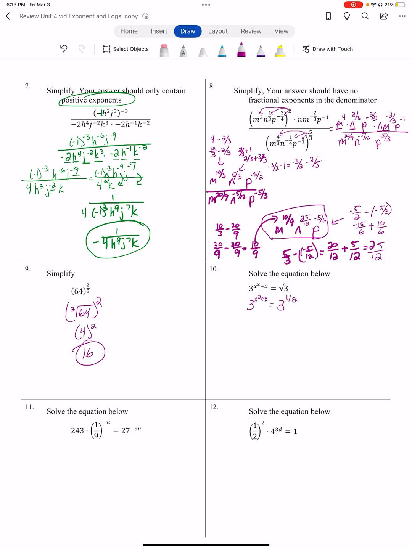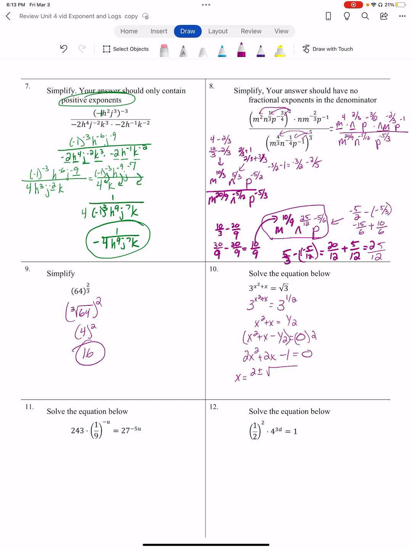Once I have the bases the same, I know x squared plus x is equal to 1/2. So x squared plus x minus 1/2 is equal to 0. I can't factor it as is. I could, in theory, multiply each side by 2, so that would be 2x squared plus 2x minus 1 equals 0. But that's still not factorable. So your answer is going to be x is equal to